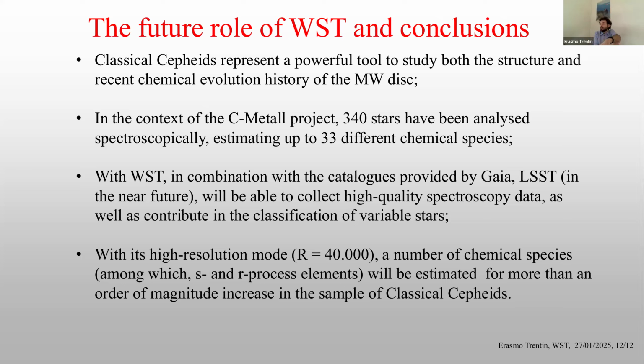In the context of the C-MetaLL project, as I said, we already published a large number of stars, up to 33 different chemical species. We already reached a quite robust sample and dataset in both distance and metallicity, and we are also working to extend the period range that we have. So when we are able to combine WST with the catalog that Gaia has already published, or LSST in the near future,